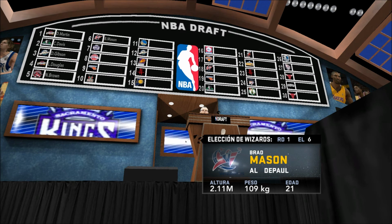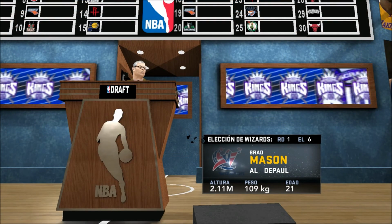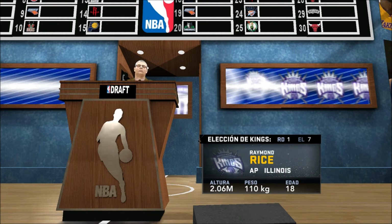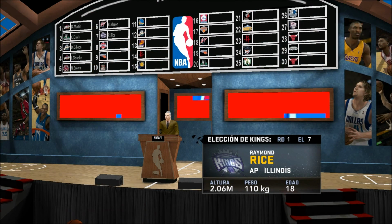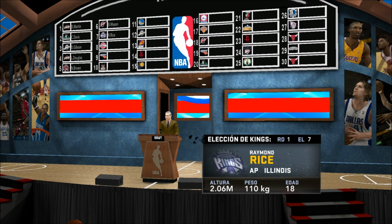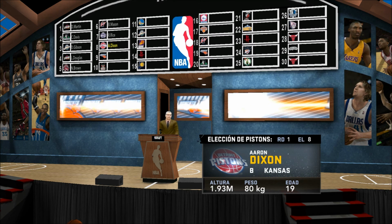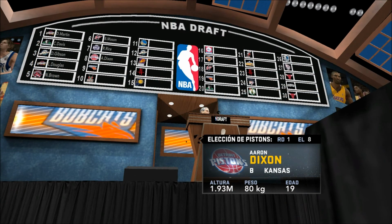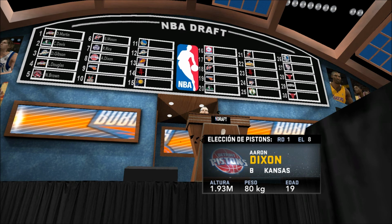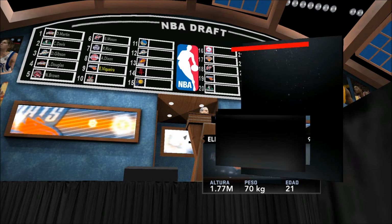With the seventh pick in the 2011 NBA Draft, the Sacramento Kings select Raymond Rice from the University of Illinois. With the eighth pick in the 2011 NBA Draft, the Detroit Pistons select Aaron Dixon from the University of Kansas. With the ninth pick in the 2011 NBA Draft, the Charlotte Bobcats select the 21-year-old point guard from Spain,